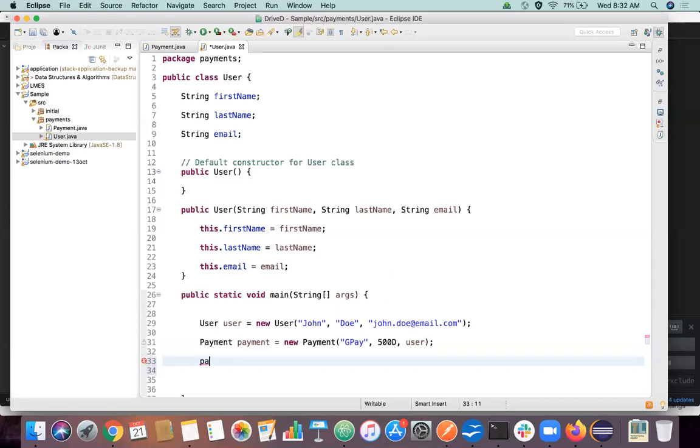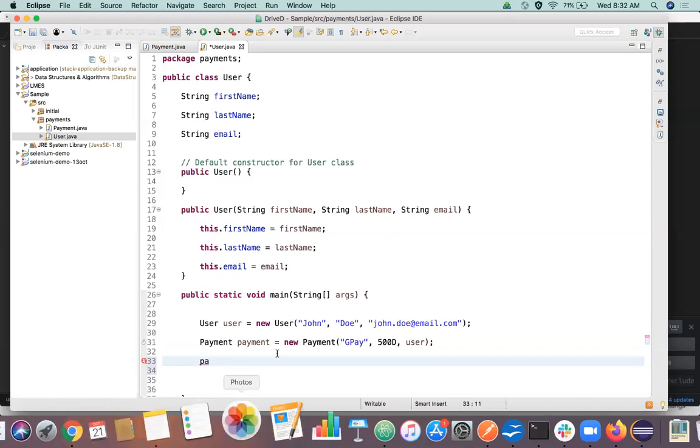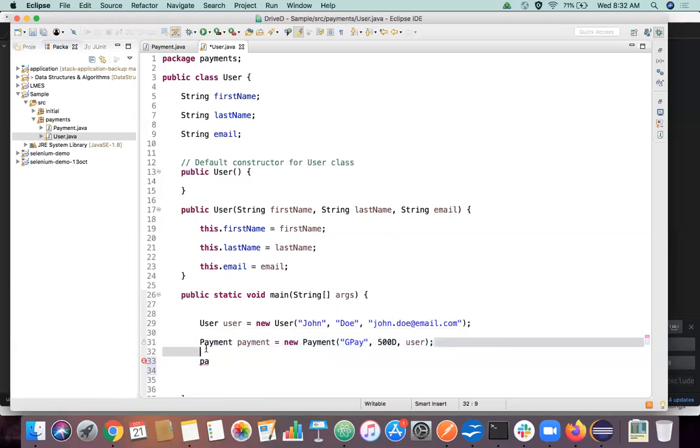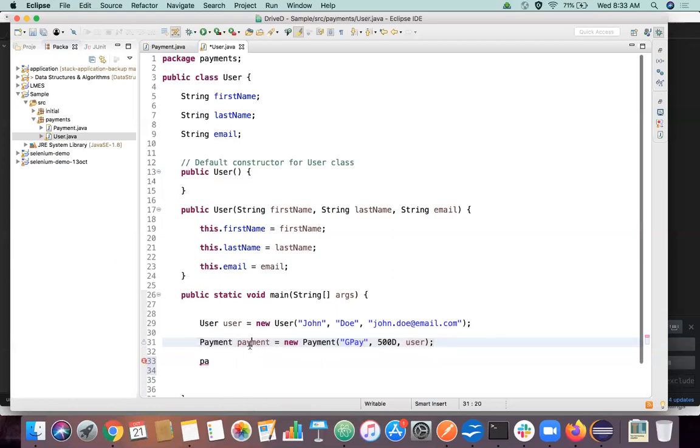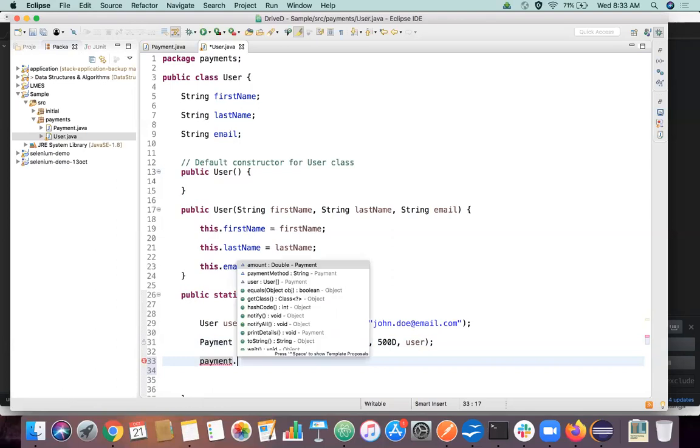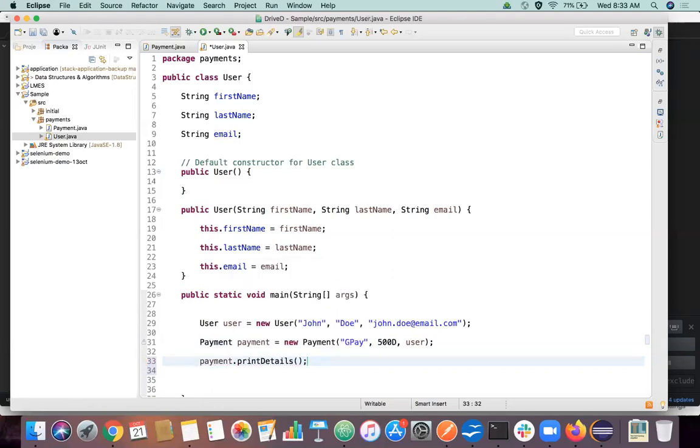But what is the other way of doing that without that? We already created an object for this payment class, right? The print method is in the payment class. We already created an object for that. We can just call the method using the object itself, payment dot printDetails, right? So you got it right.